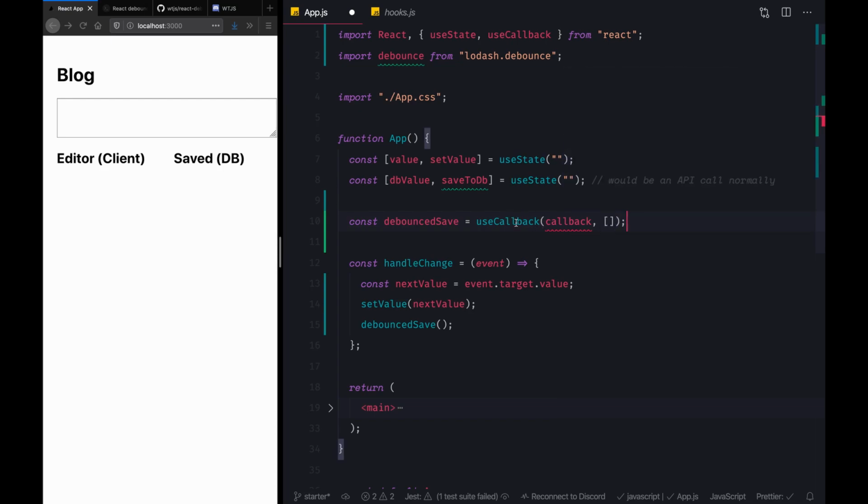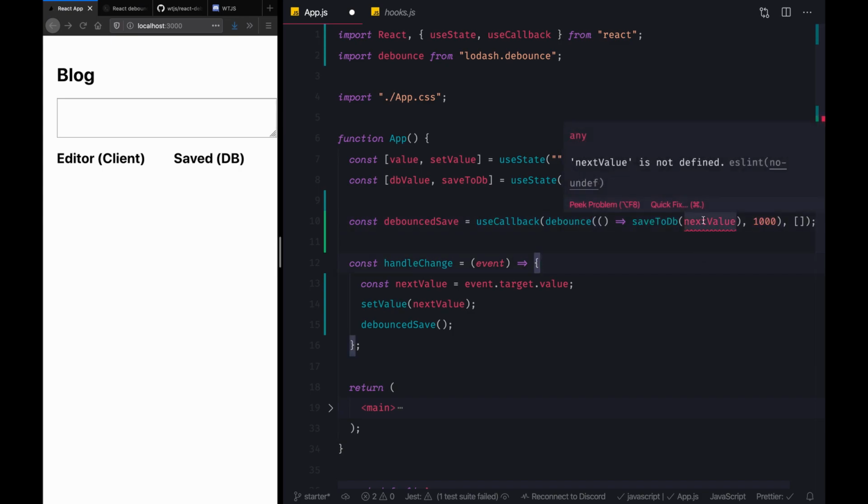So now this callback function would actually be memoized and created only once during the mount time of the component. So we can paste our debounce function back here, and now it's saying that it cannot find nextValue because the nextValue was coming from here.